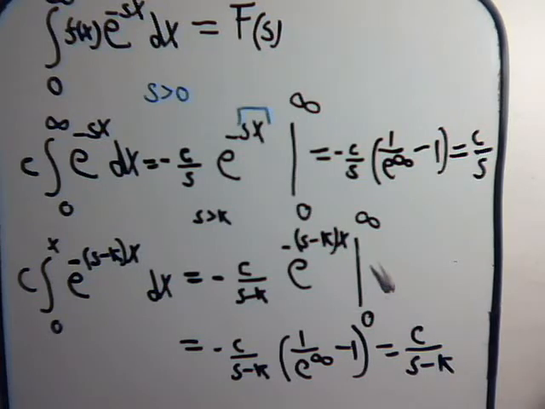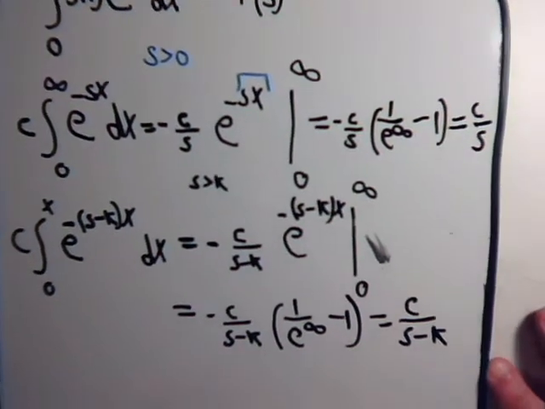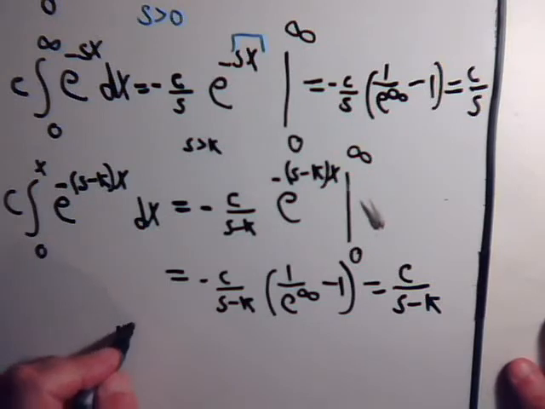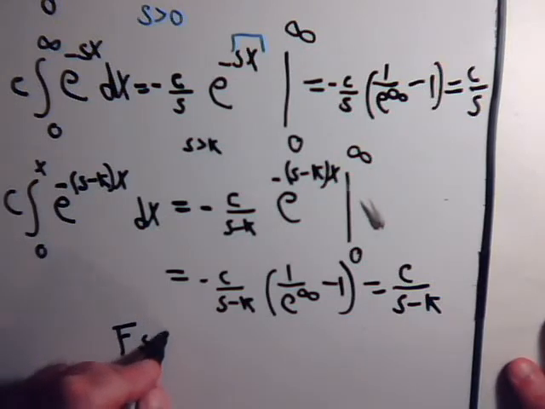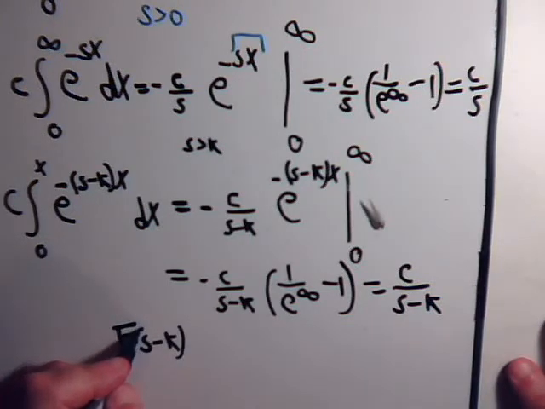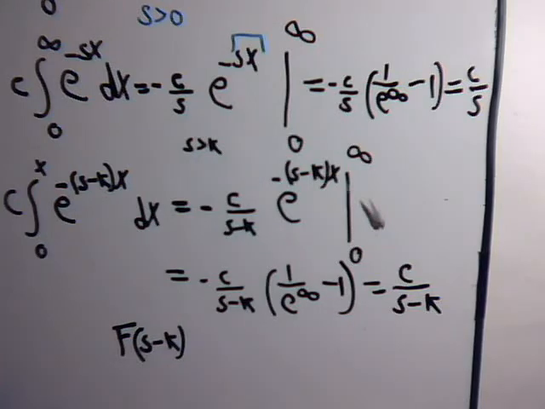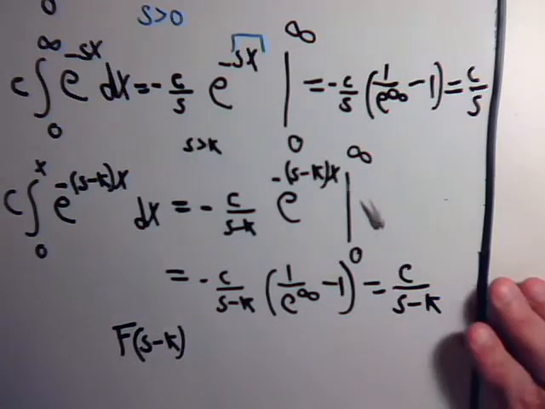Our point is that if instead of having just minus s of x, you have minus s minus k, then you don't get a function of f of s. Instead, you get a function of f of s minus k. So that, in general, we can say